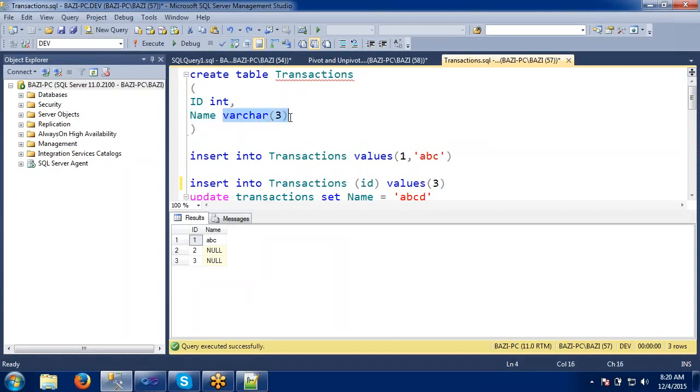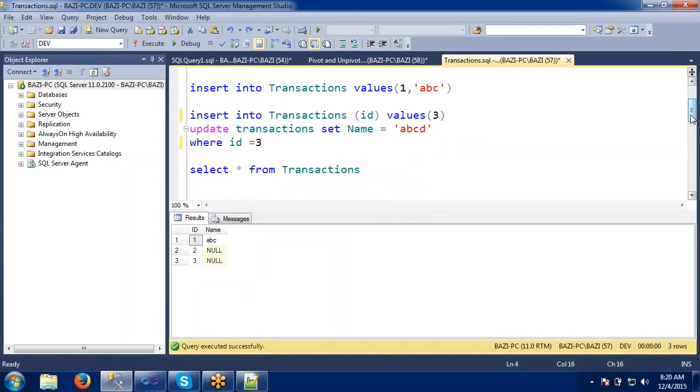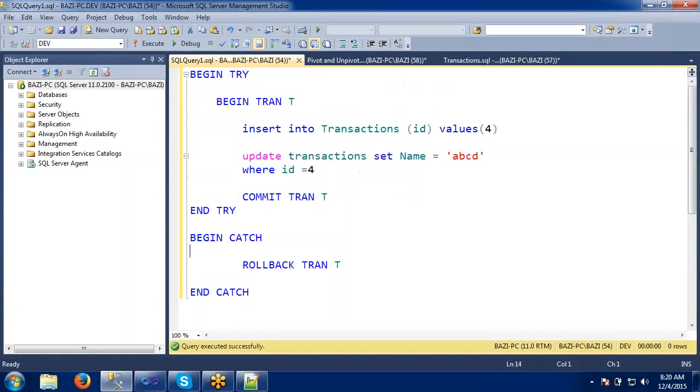That's why I inserted 3 characters and am updating with 4 characters the second time. It is throwing an error. Now you got the point, right? So when it comes to the update, it has some issue, so it directly jumps into the catch block and rolls back all the transactions you have done.